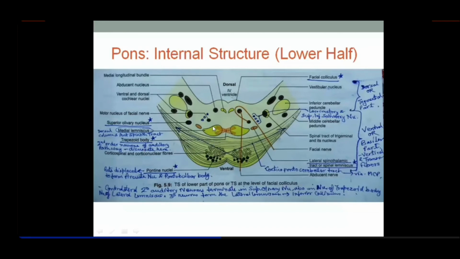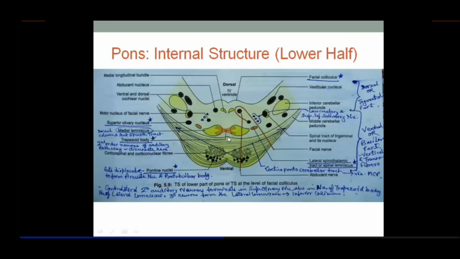Then the lateral spinothalamic is still retaining its position. Remember, right from the spinal cord, medulla, and even in the pons, you will find that it is anterolaterally placed. You can say rather in the lateral funiculus. It started in the lateral funiculus of the spinal cord. Now it's still in the same position. That is the lateral spinothalamic tract. The word used earlier was tract. Now, because it's conveying through the pons and further up, it will be called the spinal lemniscus, right? So the lateral spinothalamic tract forms the spinal lemniscus while it passes through the pons. Okay.